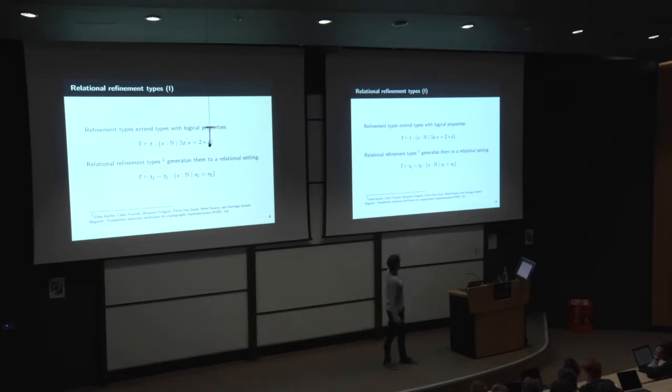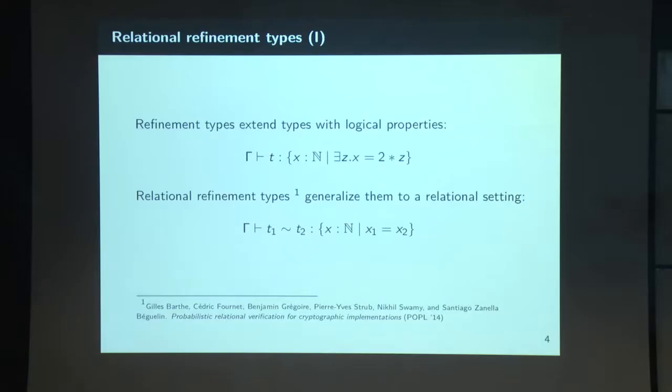General refinement types can be interpreted as a kind of subset of the whole type, but relational refinement types are interpreted as a relation over the type. In this case, I'm representing the equality relation on the natural numbers, and that judgment would mean that t1 and t2 are equal natural numbers. Okay, so this approach